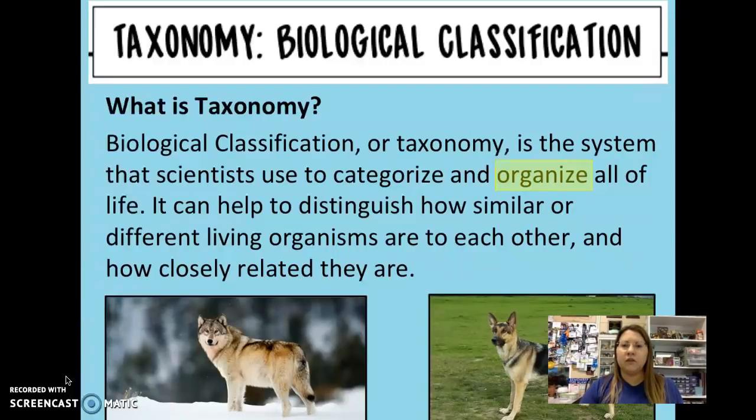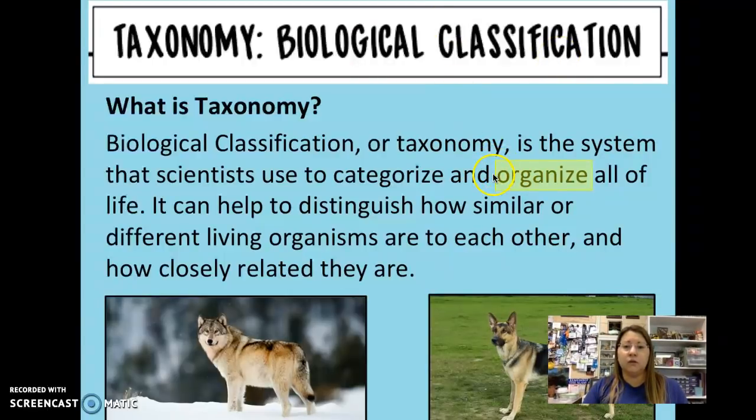So we're going to highlight a few things as we go over this information. So if you'll just grab your highlighter. First, what we're going to highlight is organize. So as scientists are going through this classification process and looking at how different organisms are related, they're going to be organizing that information. So basically, they're organizing thoughts and observations about different types of organisms into categories that we'll